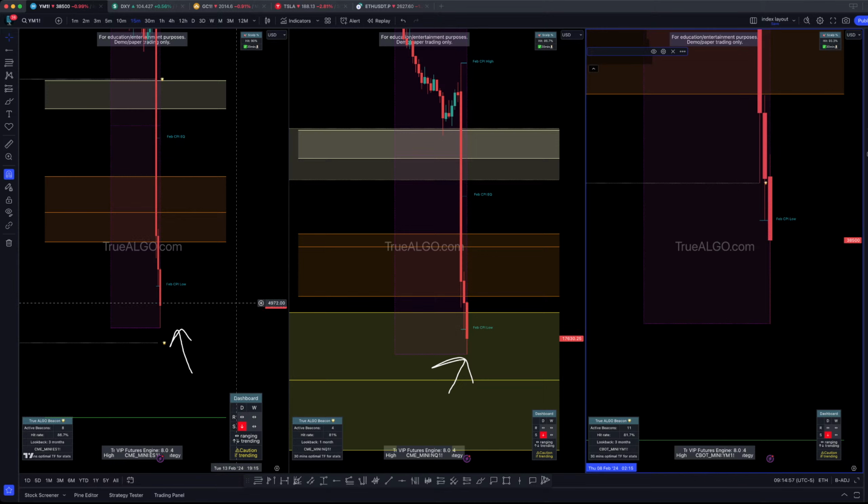Whenever we're in markets, people like to think that if you just keep looking at what it's done for the entire day, it's going to help you, which is true. But we all know this. When you are in markets live, the only thing you need to be concerned about is the current candle that's moving and what just happened. And that's the advantage you have with True Algo.